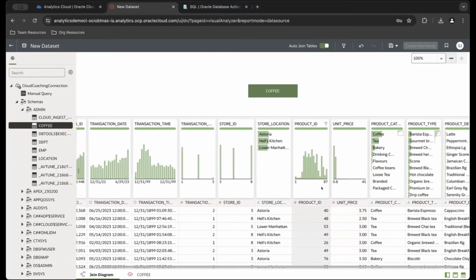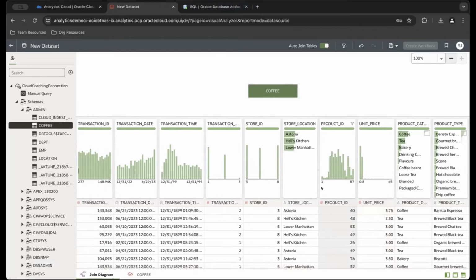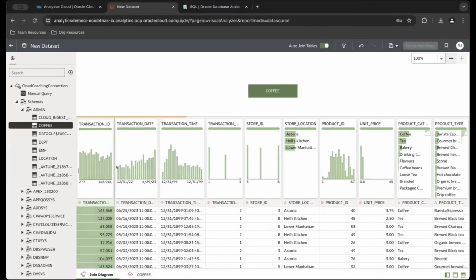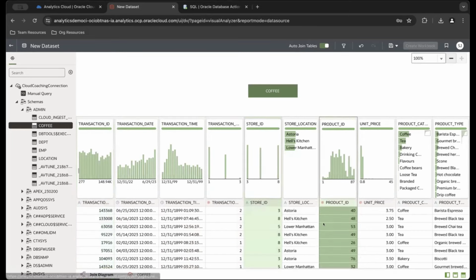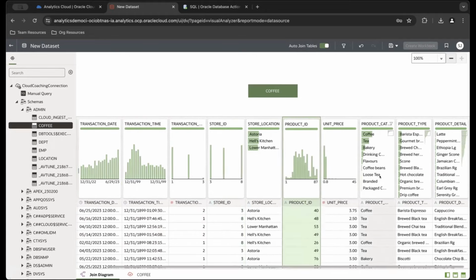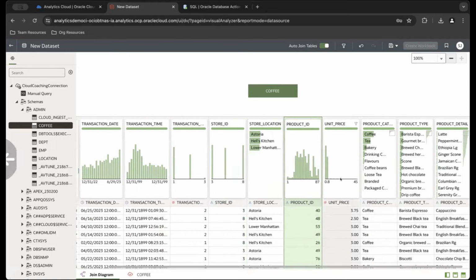So first thing we're going to do, and this is going back to the data types, we're going to make sure everything in our data set makes sense. So we see here we have transaction ID. Doesn't make a lot of sense to have an ID as a measure. We're going to use it as an attribute. So we have store ID. Let's also make this an attribute. Product ID, set that as an attribute. And so now we have